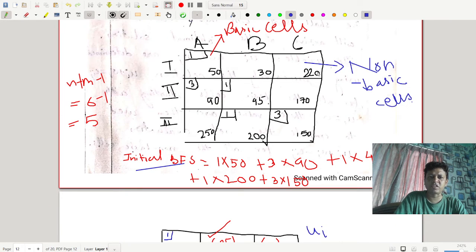Now finally you have this table. Wherever you have cells, just put the cells in the final matrix. So 1, 2, 3 and A, B, C, and you put the cells here, 1, 3, 1, 1, 3. Now how do you know your process is correct or not? There is a check. You can cross check your process.